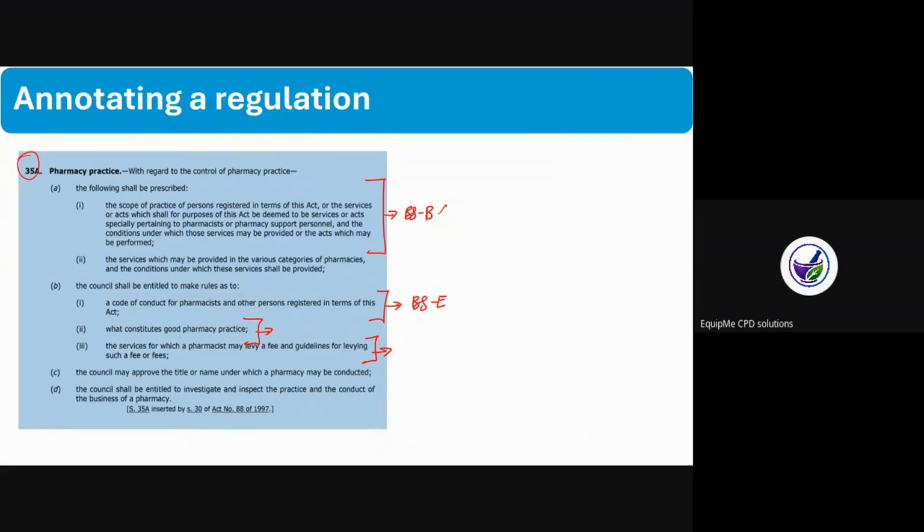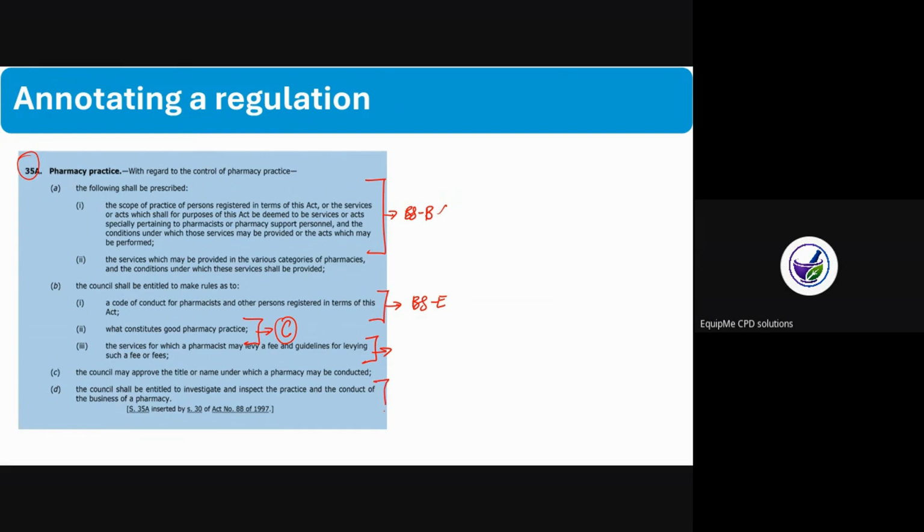You can link it to behavior statement C, making comments about where you can levy fees. There was recently a publication in the SAPC about Section 22C dispensing regulations. If you can make comments on this, then I can go on and say this is behavioral statement C. Why am I linking it to this? Because this will speak about who can dispense, how can they dispense, where are the laws that speak to this. Then linking it with the comments, I'm able to show the assessor what my understanding was.